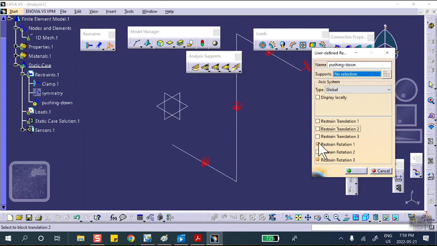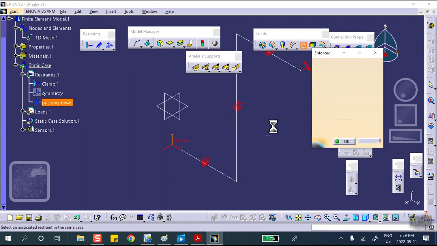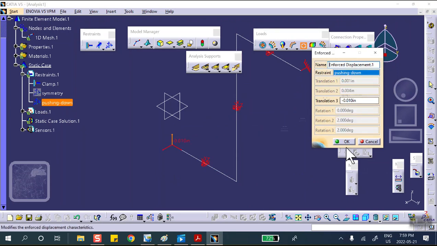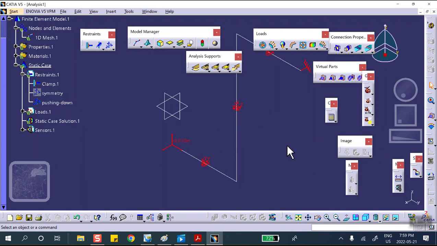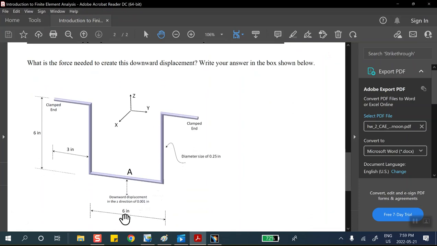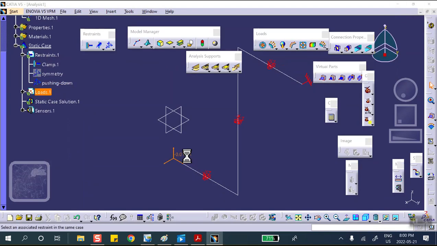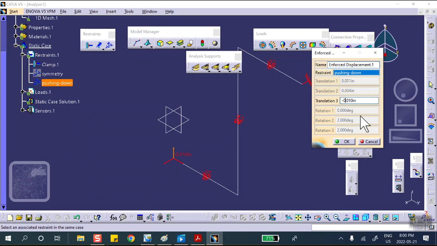Okay, so to push down, first we have to push it down by the amount 0. That sounds ridiculous, but that's the way it works in CATIA. And now we can go change it. So you go to enforce displacement, you select this, and you say negative 0.01. Okay, and this is pretty much it. I'm pretty sure it says 0.01, right? Yeah, 0.01. Oh, 0.001, sorry. Okay, no problem. So double click on this, put an extra 0 here. Okay,